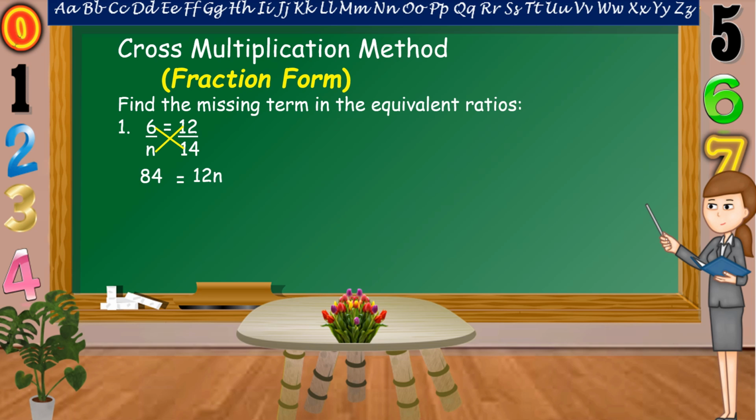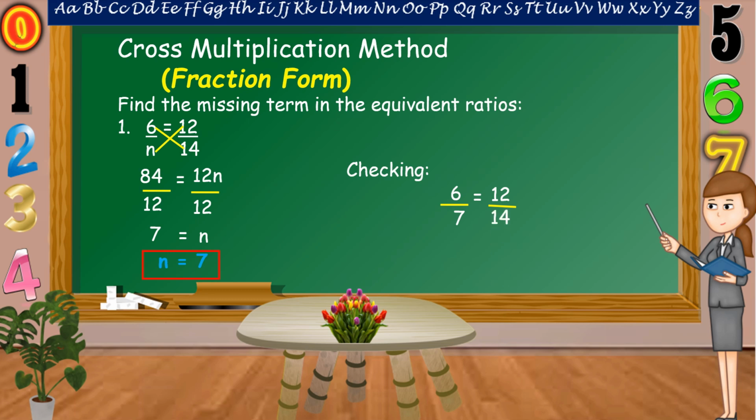To get the value of n, we're going to eliminate 12. How? By dividing both sides of the equation by 12. So 84 divided by 12 is equal to 7, and 12n divided by 12 is equal to n. Therefore, the value of n is equal to 7. To check whether our answer is correct or not, we use the value of n in our original equation. 6/7 is equal to